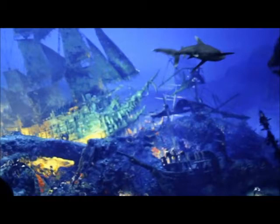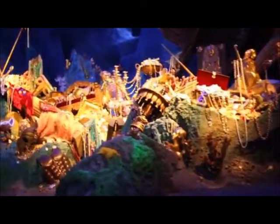Then you go underwater via screen. There's screens, and then it looks like you go underwater. You see a sunken ship, you see fish, and a giant squid, etc. All that stuff. You guys know how I feel about screens, but this looks cool. And I'll explain that a little more later. You see more live-action underwater artifacts, including animatronic sea life, aka a couple of crabs. And then you see a few talking prisoners in the gallows